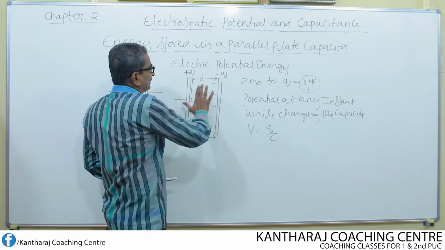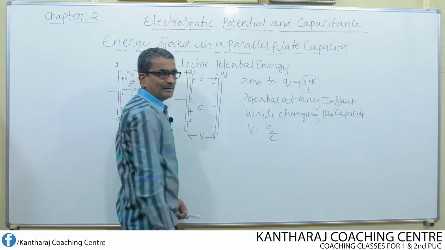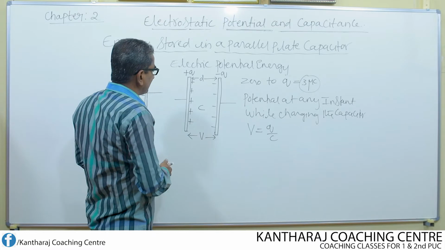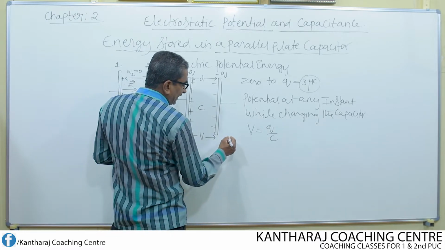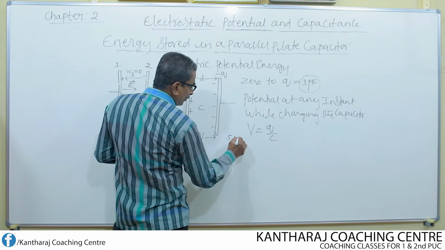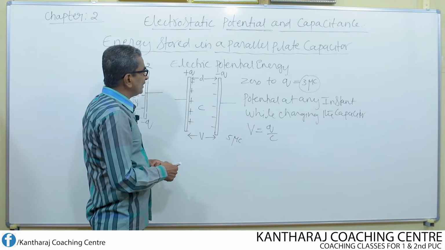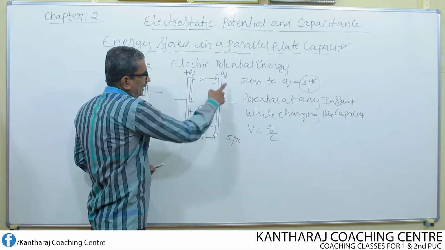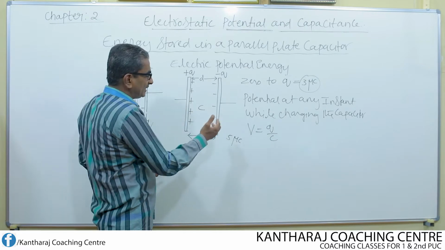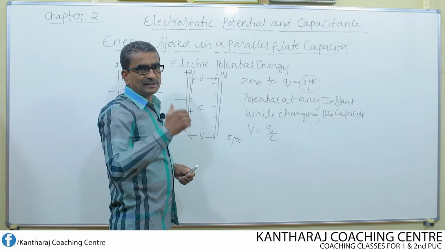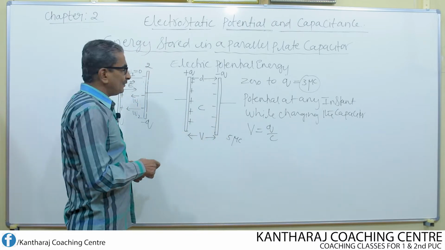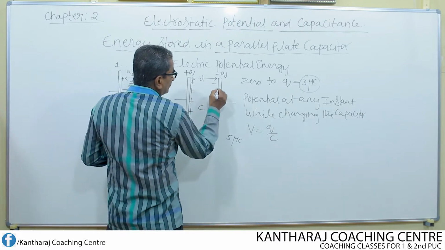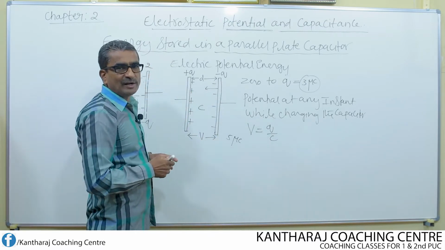Now I assume that the capacitor is charged to 3 microcoulomb completely. I want to charge additionally, say for example, I need to charge this by another 5 microcoulomb. How do you charge? Now this plate has to gain an extra positive charge of how much? 5 microcoulomb, and this plate has to acquire an extra negative charge of 5 microcoulomb. How come it is possible? All that we need to do is follow this procedure, the method which I explained earlier. Remove the charge in small quantity.